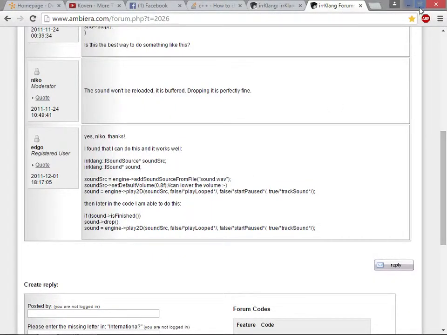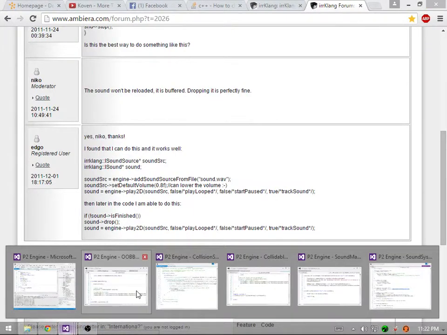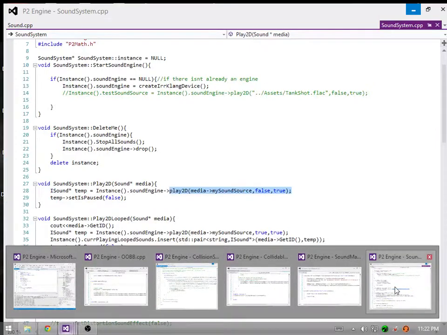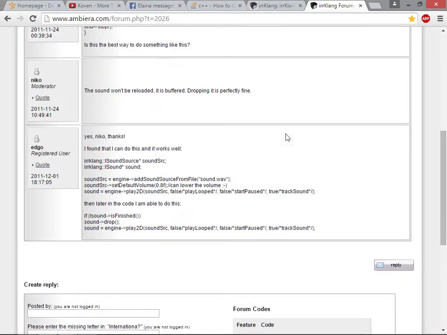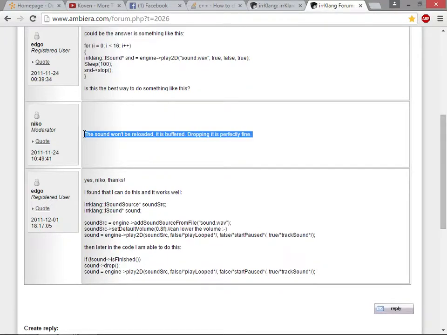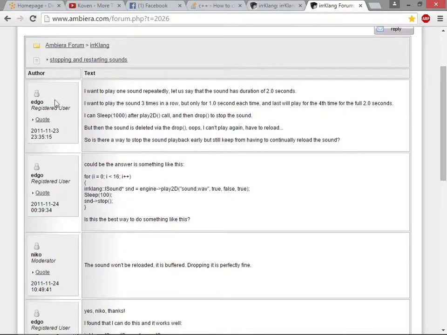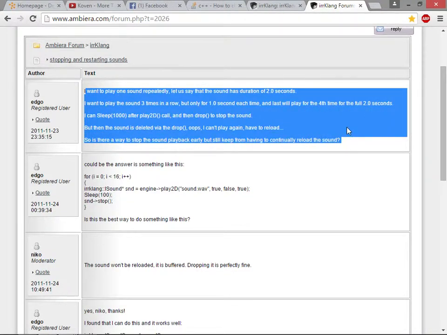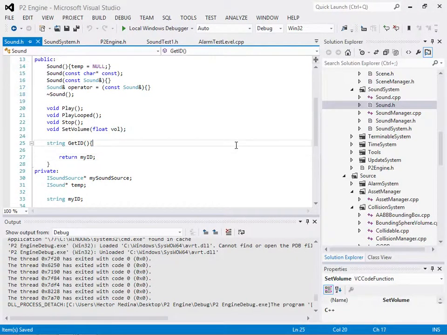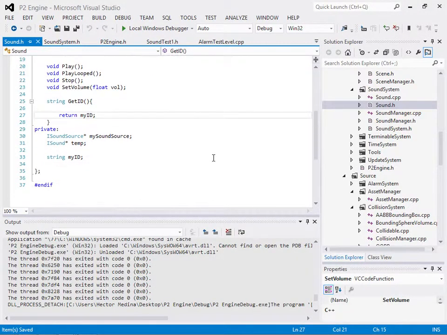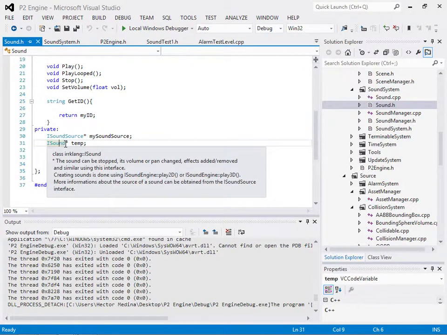Okay, so this week I did a little bit of research for the sound on the individual project, trying to get that flyweight in. I found out that the sounds are actually buffered, according to Nico, moderator of Irrlicht. This was a post on somebody trying to see if they could play a sound after it's been dropped. Because it's buffered, I think that means I don't have to necessarily worry about the management, because ISounds are created and then they're